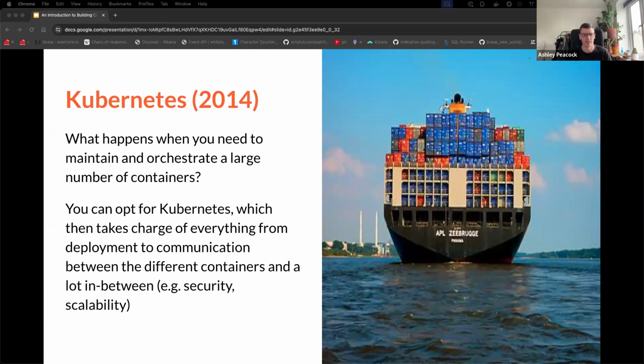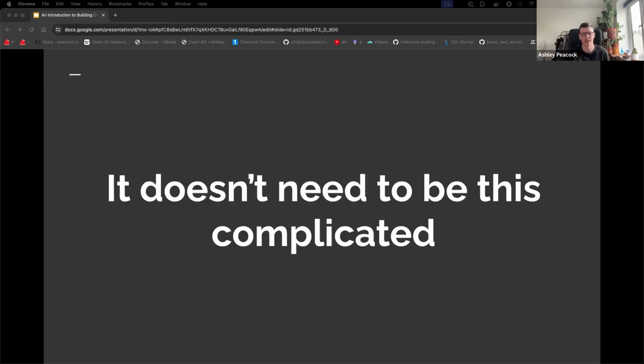So you get Kubernetes, which a lot of companies rapidly picked up. I won't explain it in depth, but it's like the orchestrator of your entire architecture. It does everything you can possibly imagine. It does everything from communication between your containers, the security between them, and it will even increase and decrease your number of containers that are running based on load and all sorts. But it is wildly complicated. If you try to use it and you had no idea what you're doing, you're going to make a big mess. It's got such a steep learning curve that it's just very complex. So I don't think it needs to be this complicated.